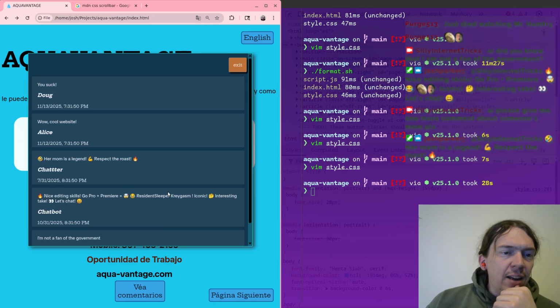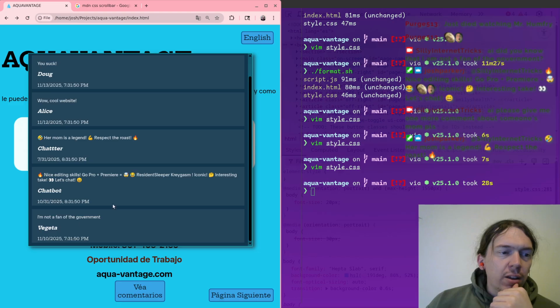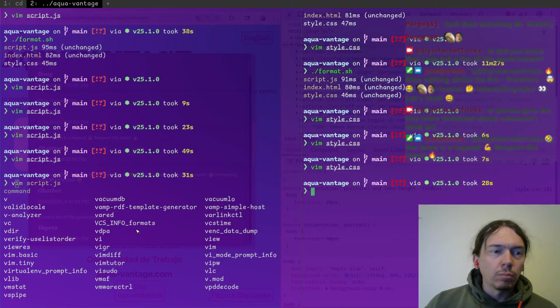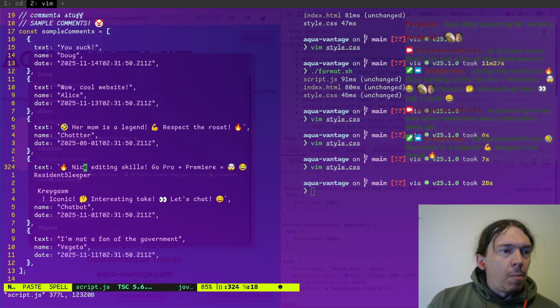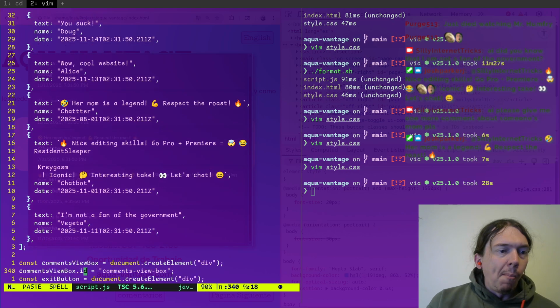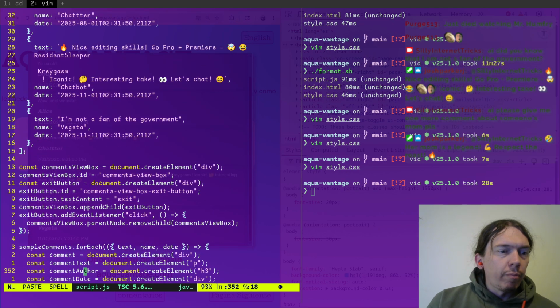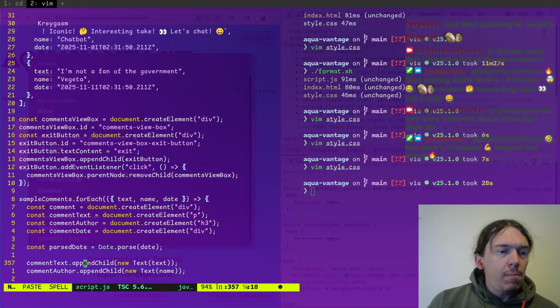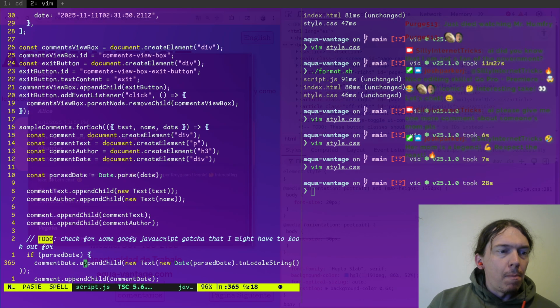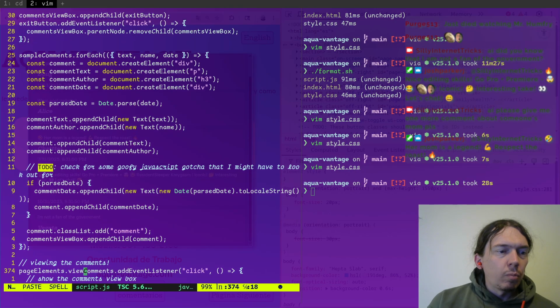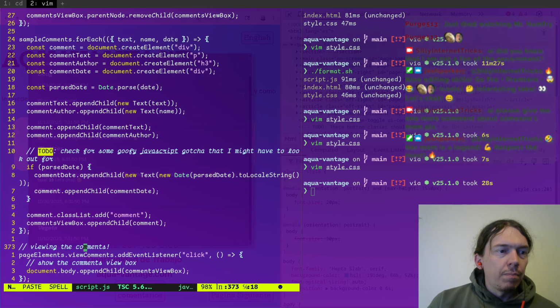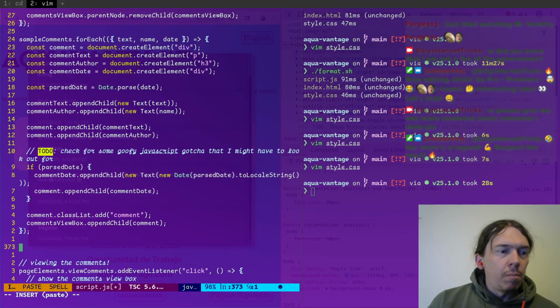All right, let's add in the thing for adding a comment, the form for adding a comment.